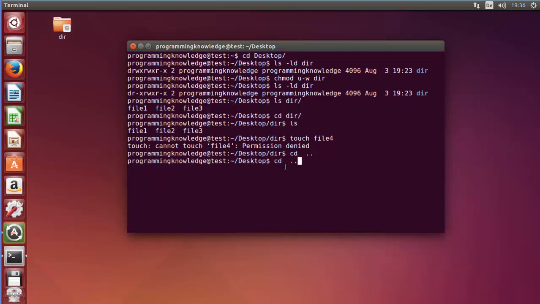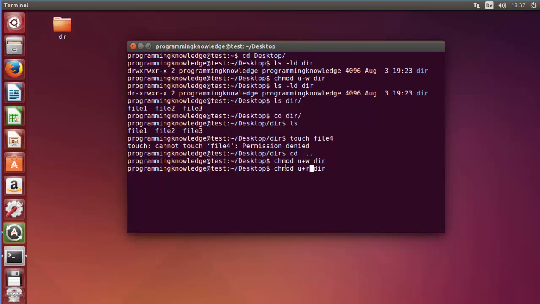Now I will go one directory back to the desktop, and once again give the permissions to the user. So I'm providing the write permission, u+w, which once again gives the write permission to the user, and this time I want to take the read permission from the user.